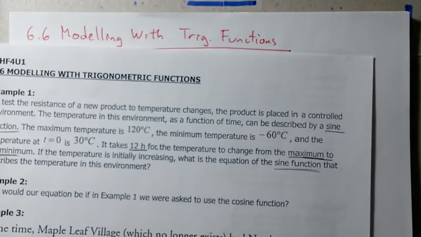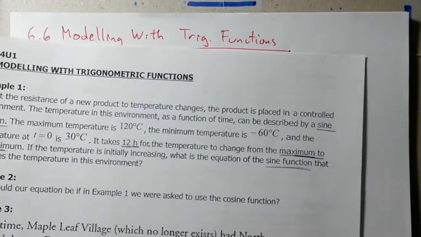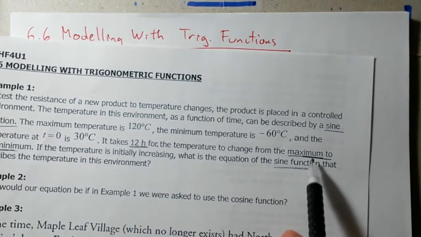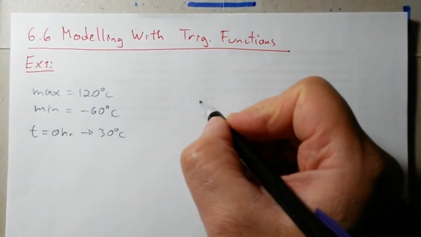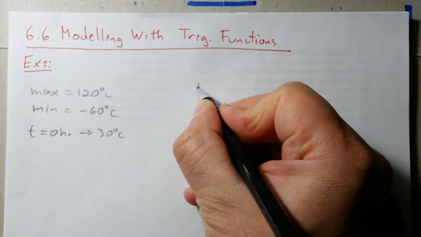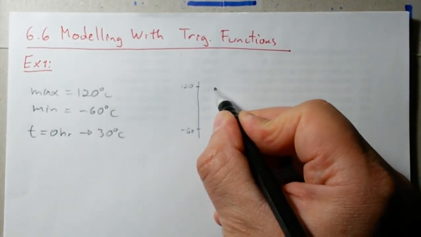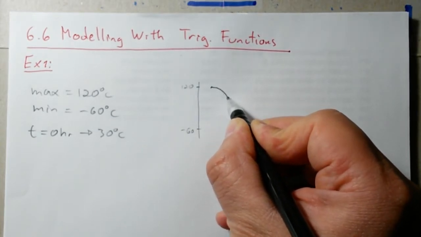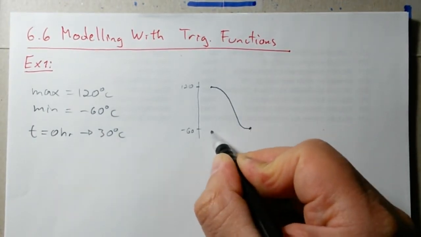This is very key. It says that it takes 12 hours for the temperature to change from the maximum to the minimum. So they're giving us information about the period. Now, if you go from the maximum temperature to the minimum temperature, and it takes you 12 hours, it's always good to have a sketch. So they tell us this is the maximum temperature, this is the minimum temperature. It takes to go from the maximum to the minimum